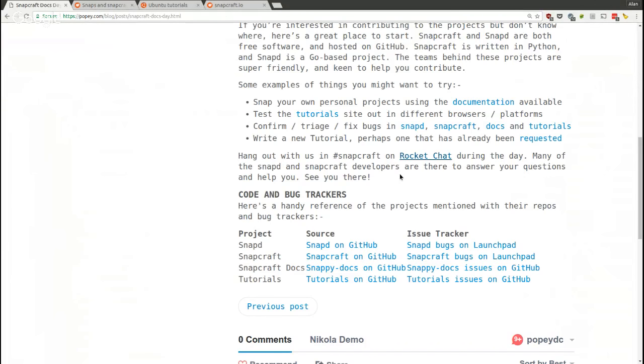What else? Oh, I also wrote some examples here of things people might want to do. You might say, hey, I want to get involved, but I don't know what to do. Here are some examples. If you are a developer and you've written your own application in Python or Go or Java or C or whatever, have a go at snapping it and go through the documentation. And if you get stuck, let us know where you get stuck. It could be that your application needs patching, and you can work through that yourself. But if you stumble across a problem with Snapcraft or Snappy itself, then let us know,